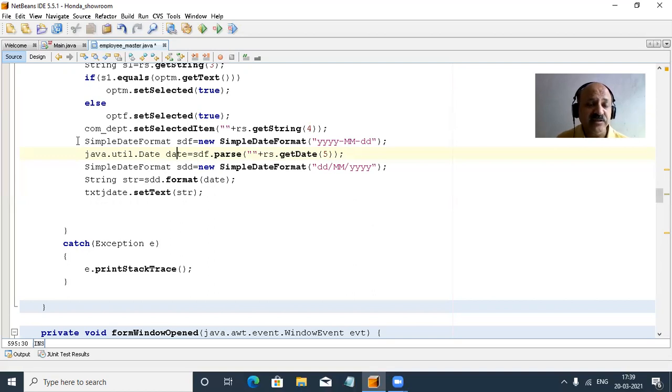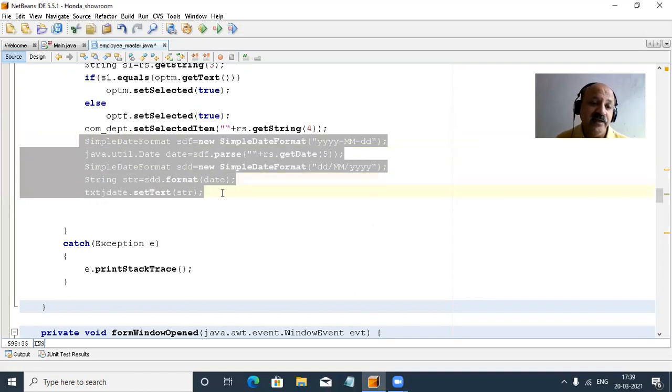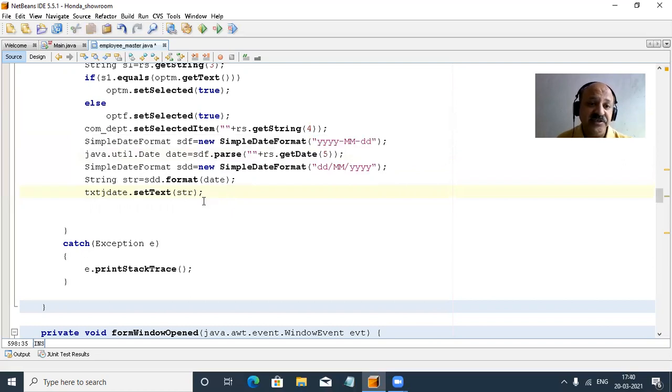So simple date format I use, I think, the third time, in insert operation. Then our header bar, where the current date is required, and here that is a selection time in the J table. So I hope you can understand. So in a very simple way we can use simple date format, and all those methods and the format method are there. And in the constructor we can pass the required format of the date.